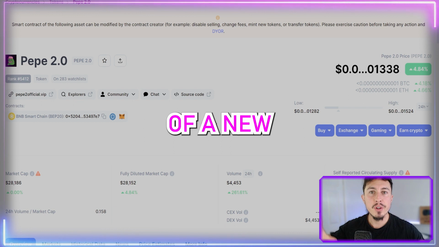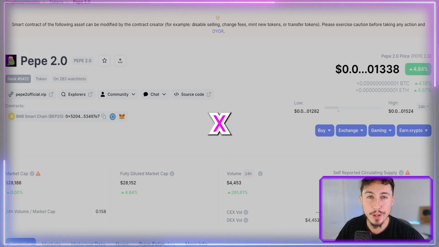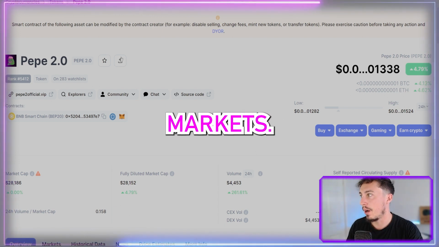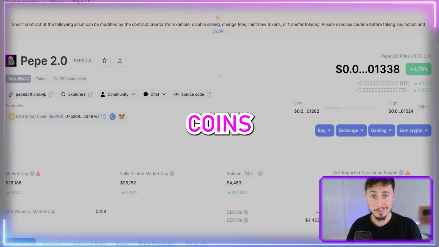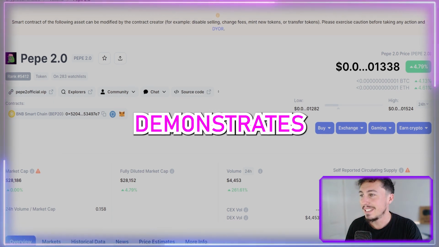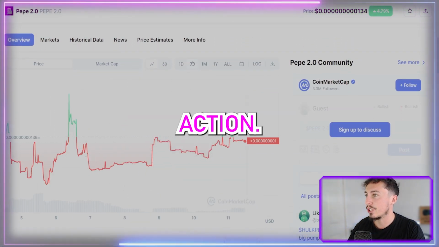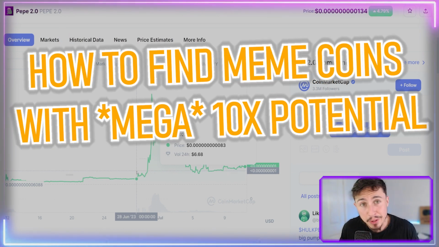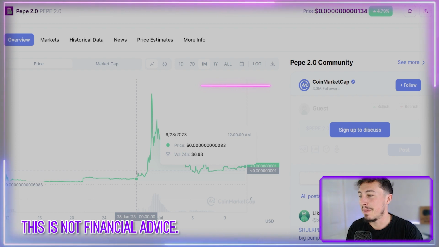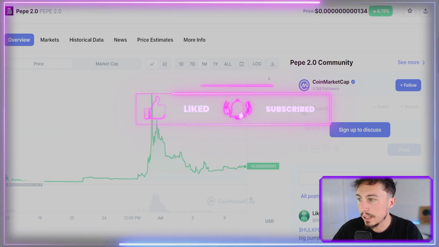I'm going to create a bit of a noob tutorial on exactly how I find the next 10 to 100x potential meme coins and shitcoins in the crypto markets. We've recently seen coins such as Pepe 2.0 and Pepe 3.0 demonstrate some incredible price structure and price action, very bullish stuff that if you found early enough you may have been able to get involved and make some crazy amounts of money. Now of course nothing in this video is financial advice, it is merely my own speculative video